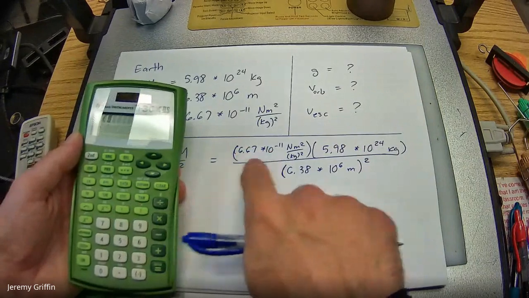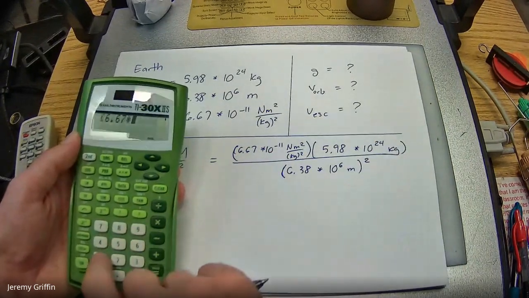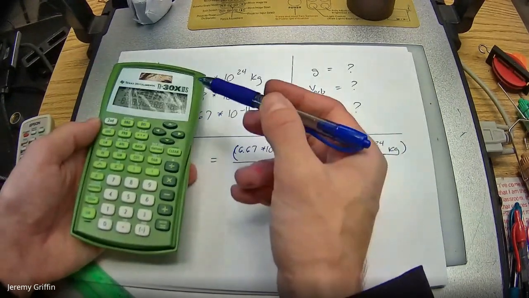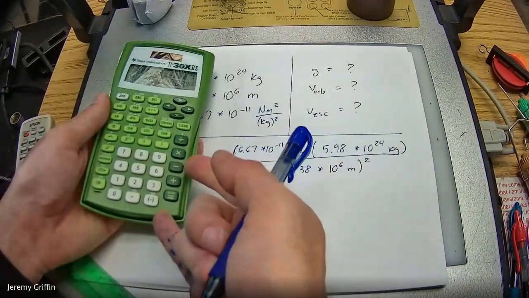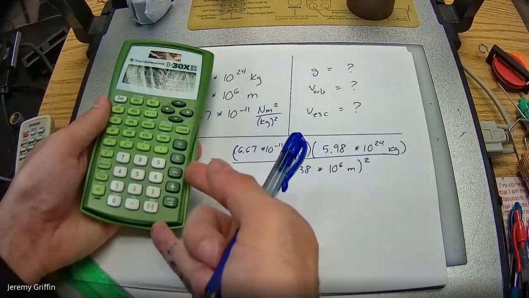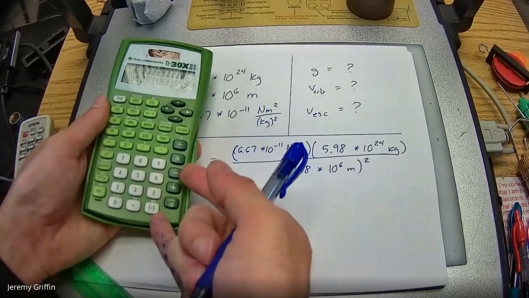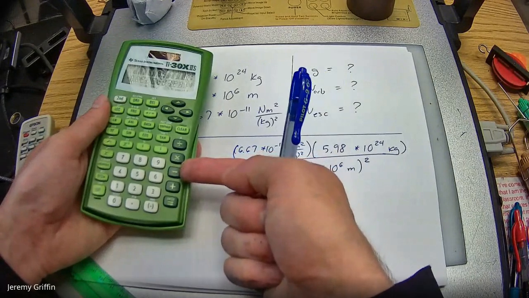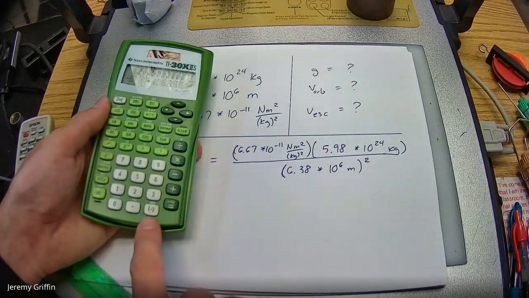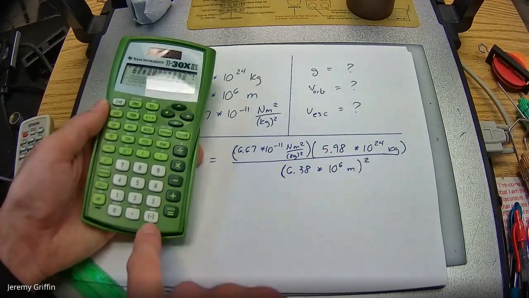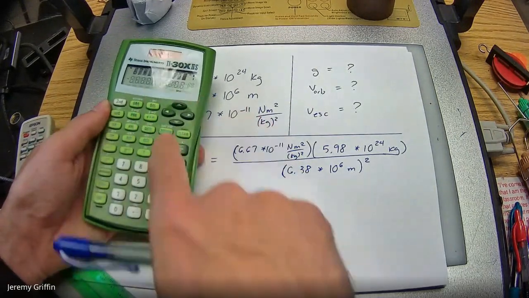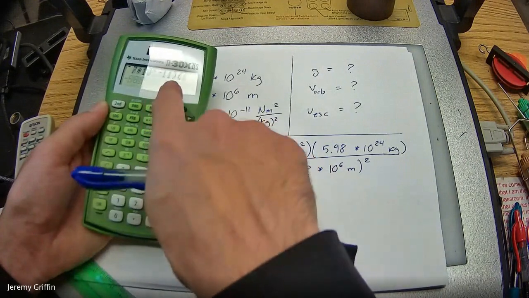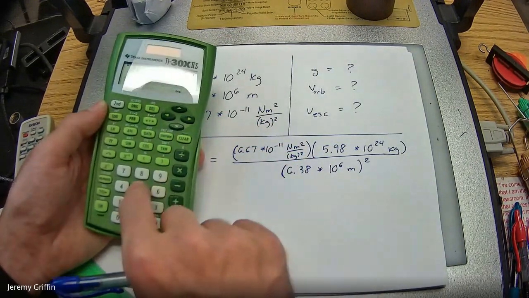Okay. So 6.67 times 10 to the negative 11, close that. I should mention this too. I think you guys have probably figured out by this point in the year, but this model calculator on your desk has two minus signs, and they mean different things. The calculator treats them differently. The one on the right side is a subtraction function. The one on the bottom in parentheses is a negative sign, and that's the one you have to use right there. Otherwise, the calculator gets confused. Also, this calculator knows close open means multiply, so that's nice.